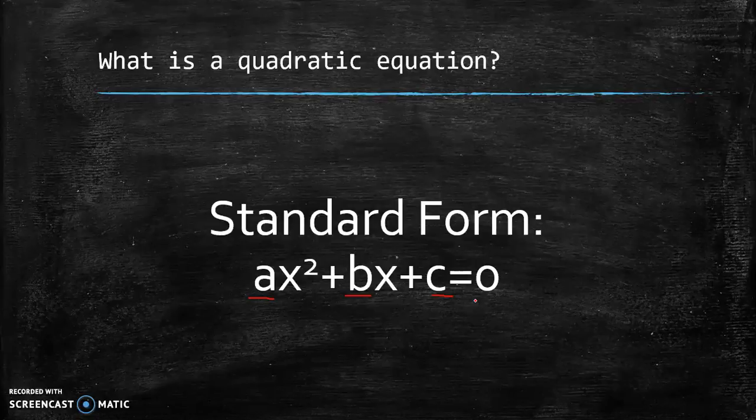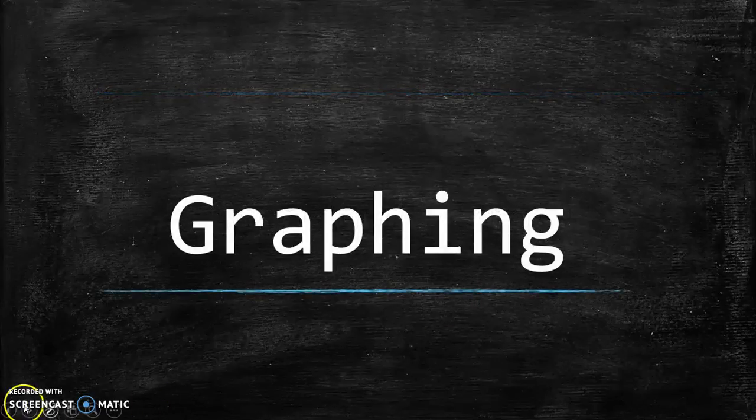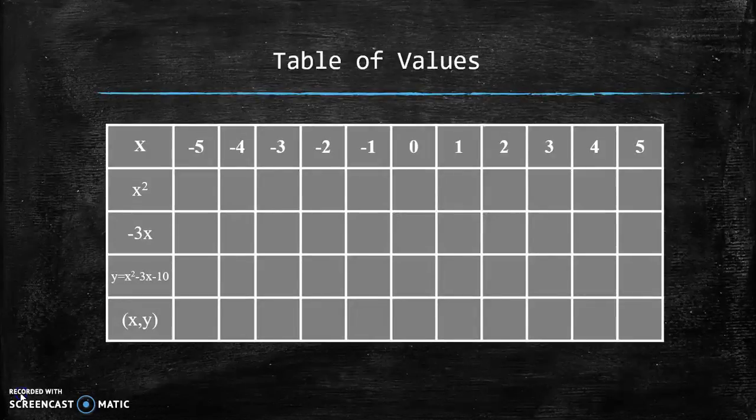As I mentioned before, there are different ways to solve a quadratic equation, so we're going to start off with graphing. We will begin by graphing the parabola using a table of values. From there, we can find the roots of the quadratic equation by seeing where the x-intercepts are on the graph. So we're going to start off with the example of x squared minus 3x minus 10